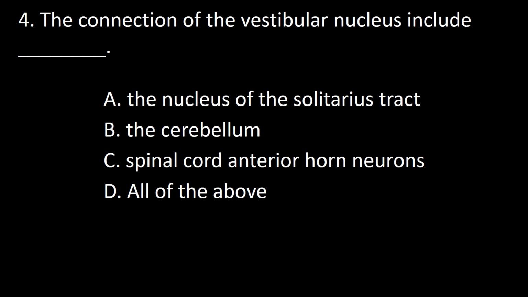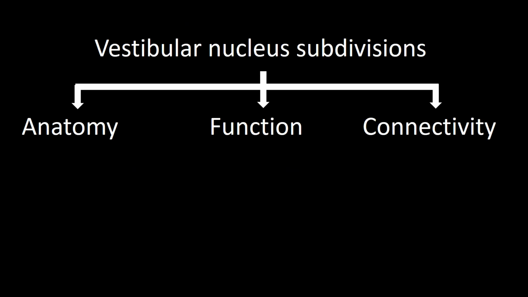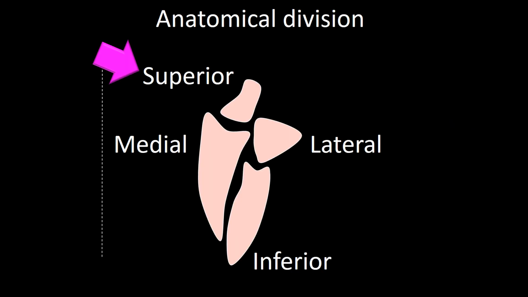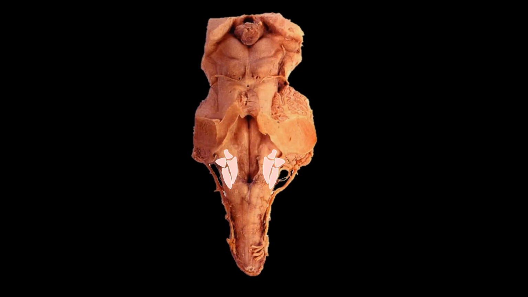The connections of the vestibular nucleus include: A, the nucleus of the solitary tract; B, the cerebellum; C, spinal cord anterior horn neurons; D, all of the above. The vestibular nucleus complex, usually referred to as the vestibular nucleus or vestibular nuclei, can be studied based on anatomy, function, and connectivity. Anatomically, the vestibular nucleus complex can be divided into 4 nuclei or subnuclei: the superior, inferior, medial, and lateral. They are located under the 4th ventricle in the rostral medulla and caudal pons, as depicted in this